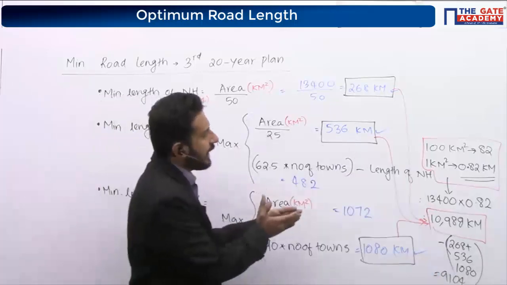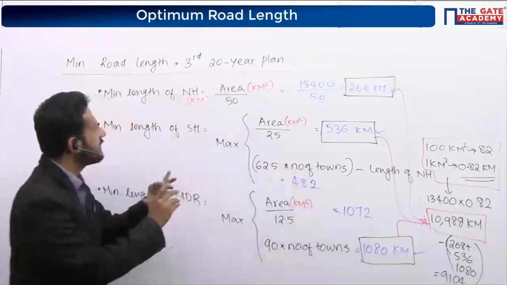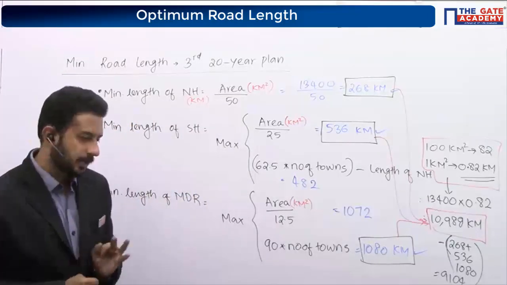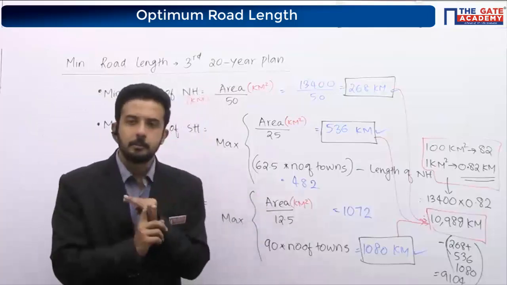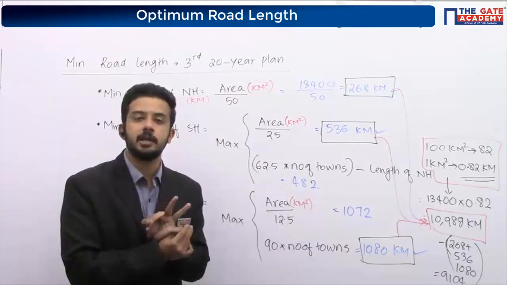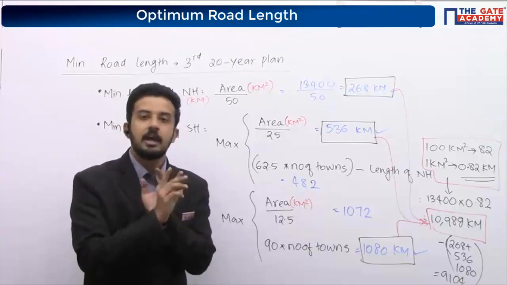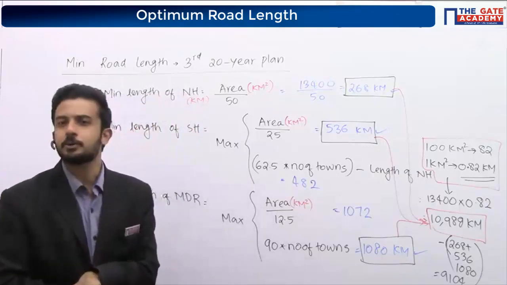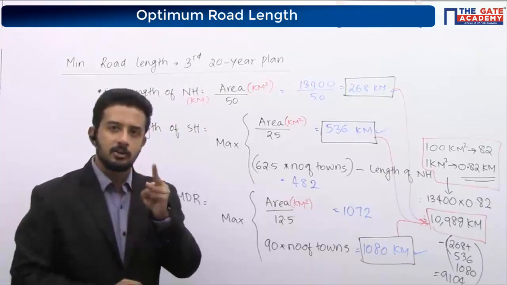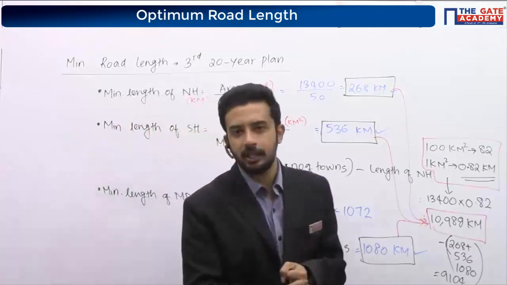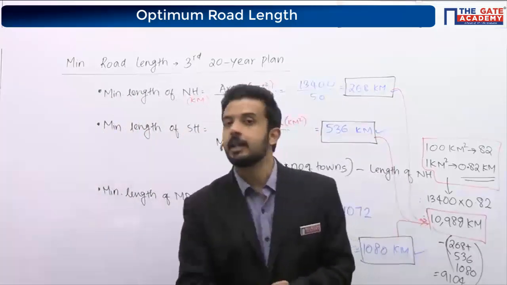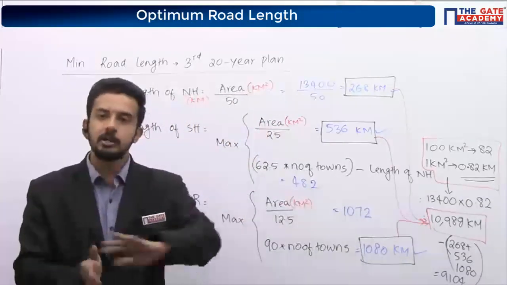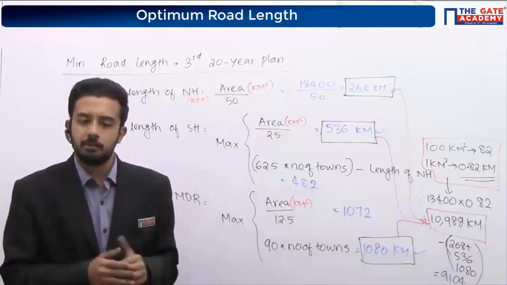9104. We have calculated three lengths. What are those three lengths? National highway length, state highway length, major district road length. Correct na? We have other roads also. Other district road is remaining, village road is remaining, and expressway is also remaining. We do not have equations for all those three lengths. First of all, remember there is no expressway length equation, and we can't tell the length of expressway. We cannot predetermine. If space is available, do it. If space is not available, we will not make it.